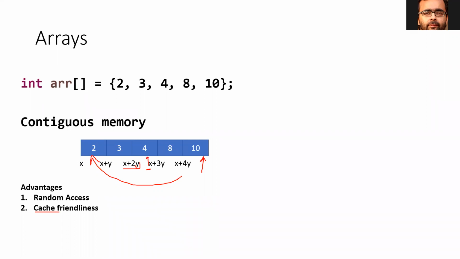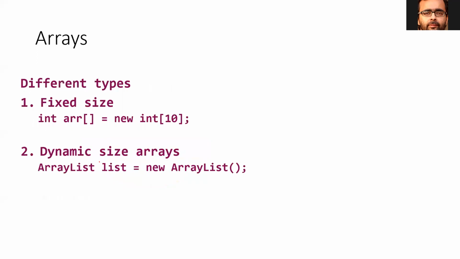Even if 1,000 elements are there in one array, and only one element exists in the cache, you can access any element, because you know what needs to be added or subtracted, given the type of data that the array is holding. So that is much easier. This is how it achieves cache friendliness. People will ask questions like what are the advantages of arrays. But sometimes interviewers find it difficult to explain what cache friendliness is, so I explained it with an example. Just keep that in mind.